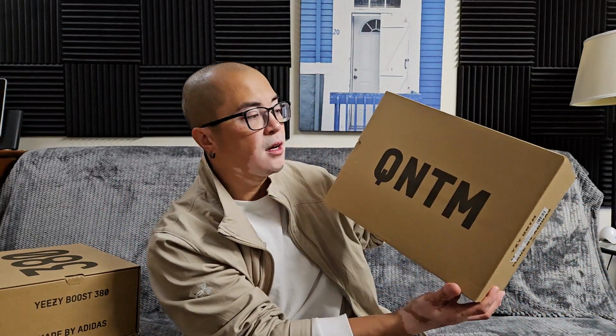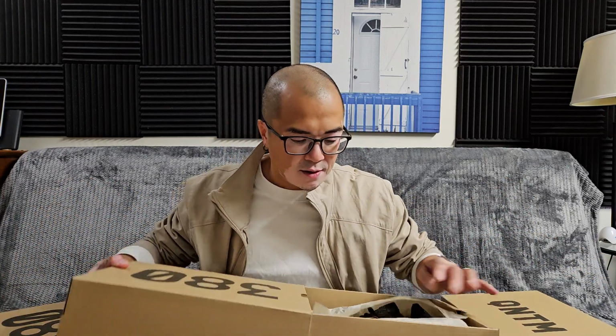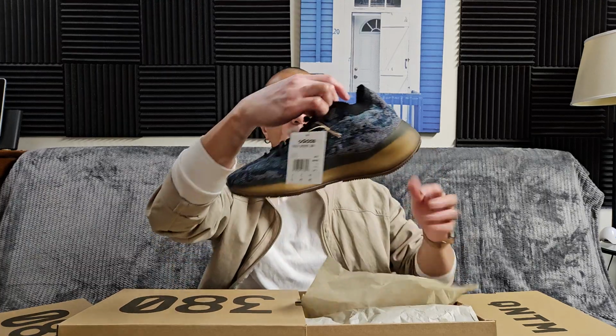Not a lot of sizes left, but I did manage to get in there in time to get these. Because of 70% off, I got two pairs of 380s, supposedly one of the most comfortable shoe models that he had, and then I decided to try the Quantum, which is the basketball shoe. So quickly here, let me show you guys, I got this colorway,